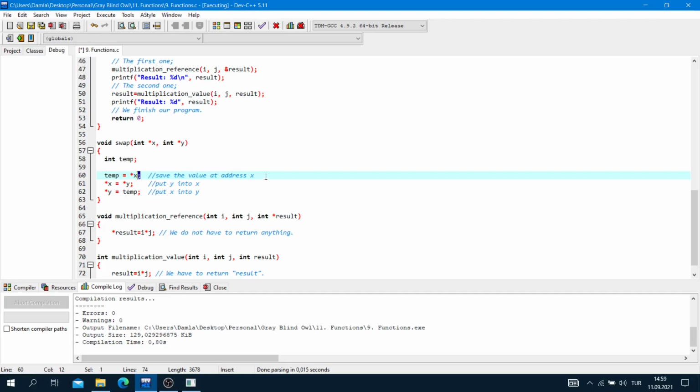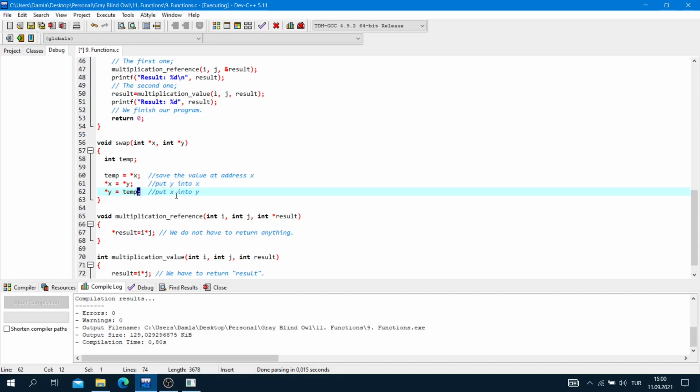Save the value at address x, and star x is equal to star y. Put y into x. So we put the j value into i value, and star y is equal to temp, and semicolon.